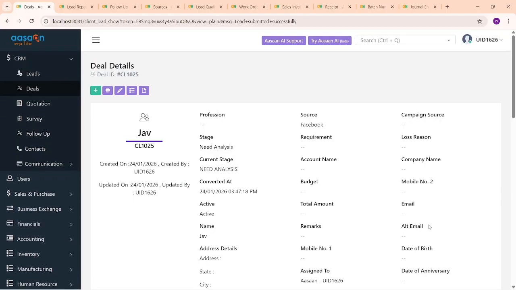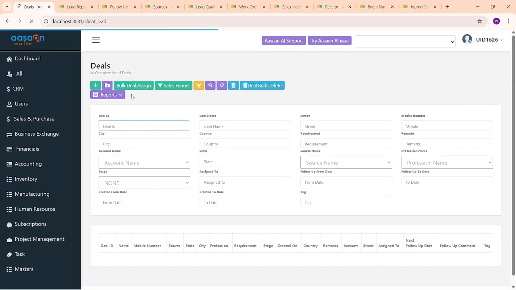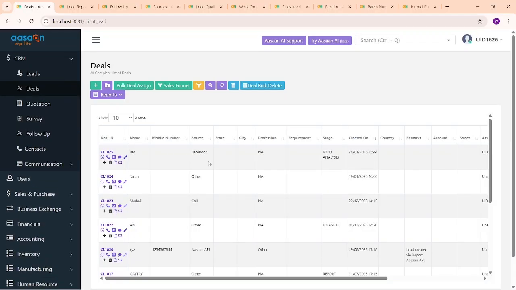Now once that's done, this deal is updated. Now if I go back to the list, here you will see that the lead status has been updated. Now from here you can directly create a quotation. It will direct you to this page. So if I click the plus button here,